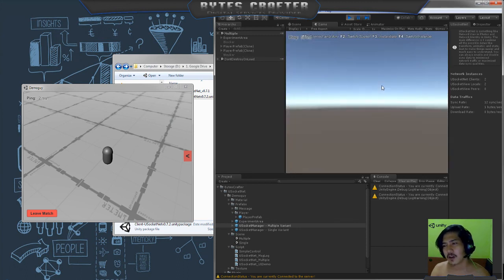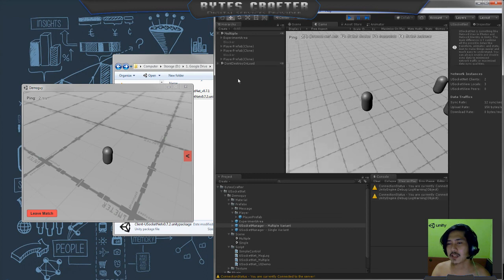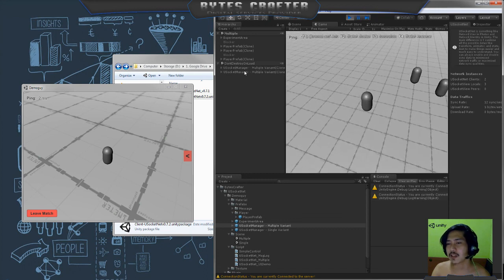So each and every machine can have multiple clients. So instantiate. So this is the second client. As you can see there, we have 2 usocket managers. So this usocket net is designed to be customizable, adaptable, scalable, flexible to every gameplay that is currently existing on the market.